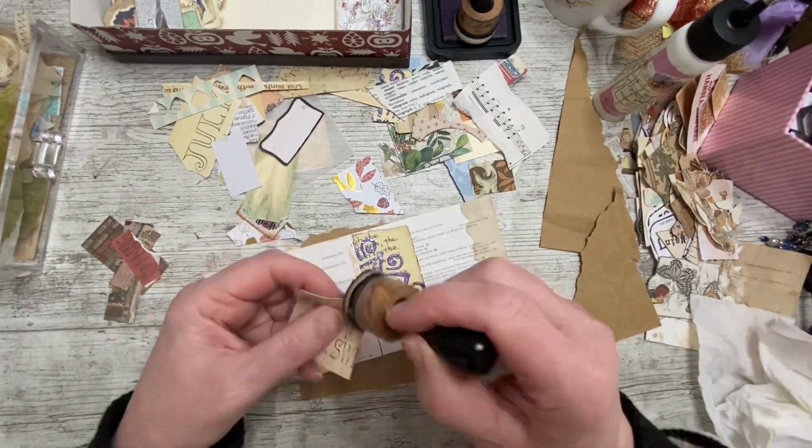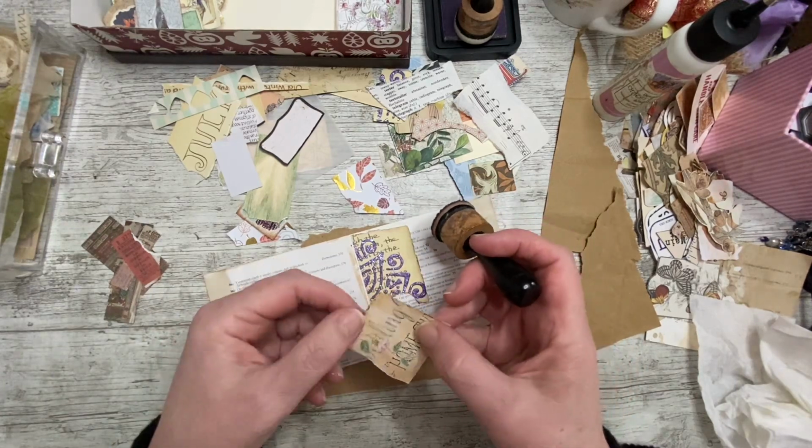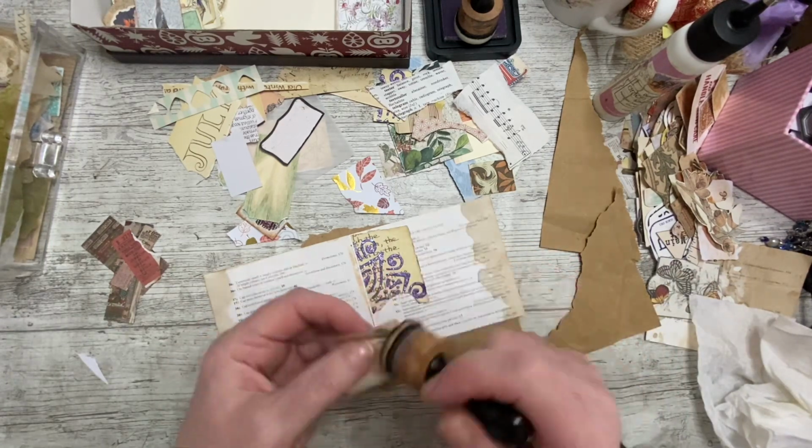So I'm in an inking mood again, so let's ink. It's nice to use these. So we've got a cut there, are we bothered? Yeah, these beautiful bits of paper that were just... So these are like the bits...